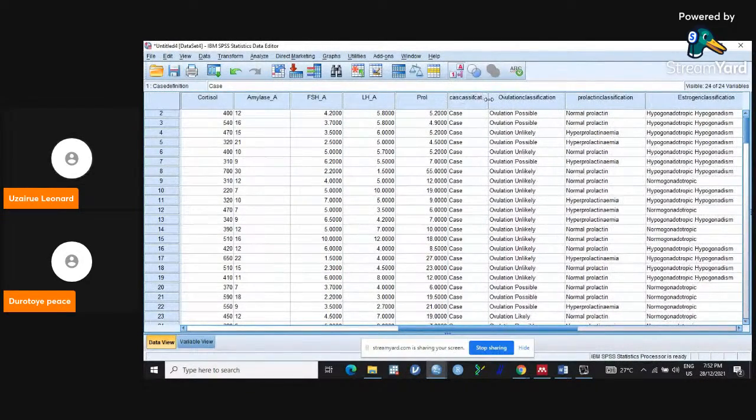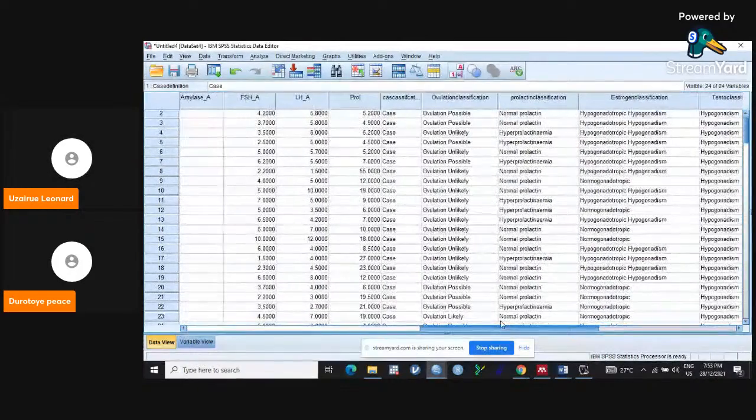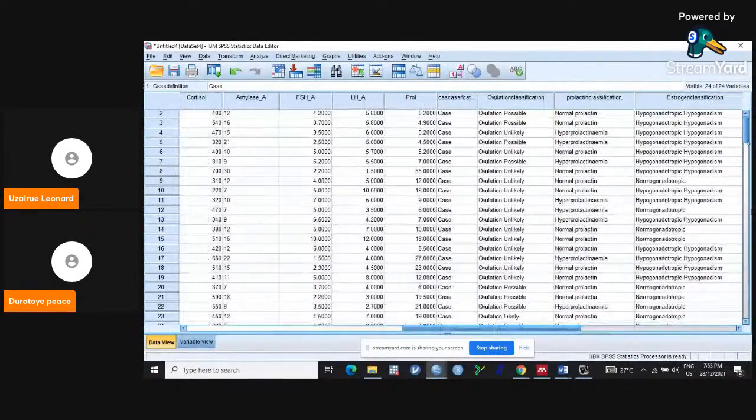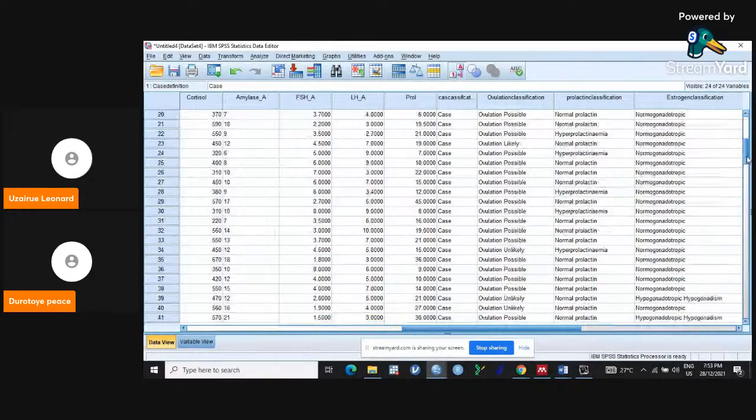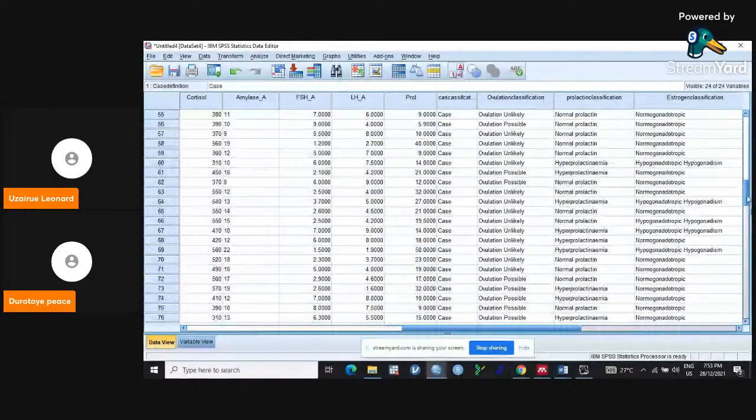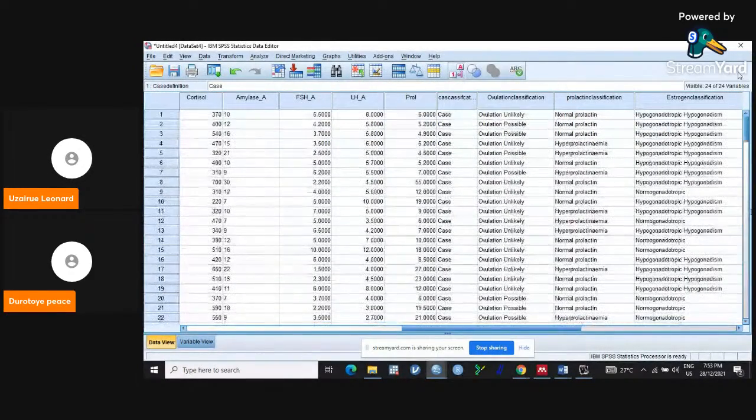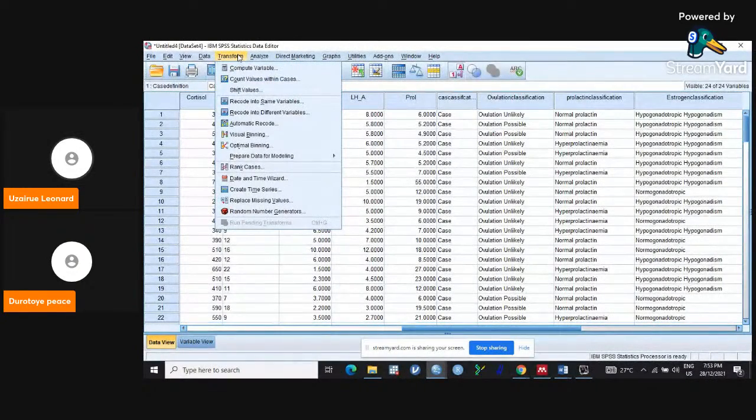You have to convert this particular one into numbers. This case classification. Now, for you to do that, you come to transform, because you want to transform this data. Now, I want you to note this. You can transform